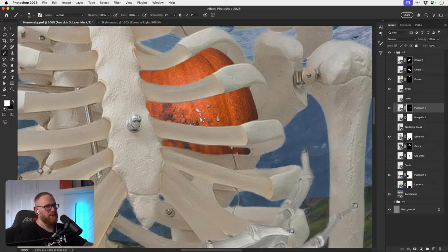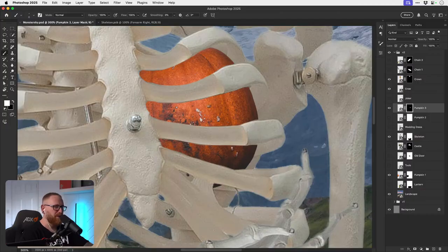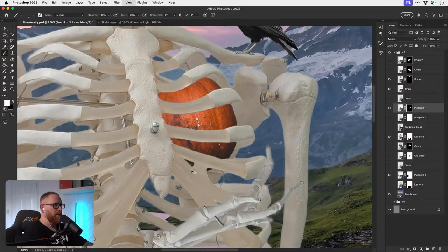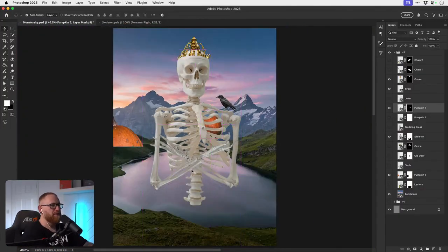And when it comes to this sort of photo manipulation stuff, having a good idea, balancing your exposure, your color, and then getting your shadows and highlights good, that is going to be the most fundamental thing to get right. If you get one of those things wrong, it just won't look as good as it could do. And they're the things that I see all the time with photo manipulation, especially when I review work. So many great ideas, but they don't have the fundamentals for compositing down. There we go. Pumpkin heart.